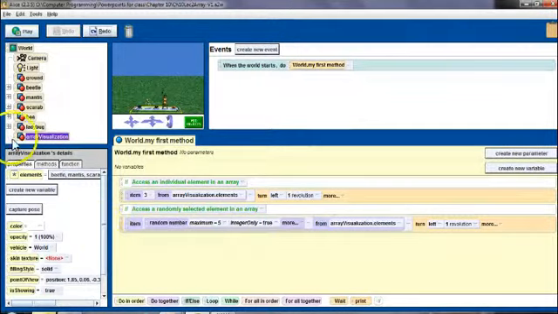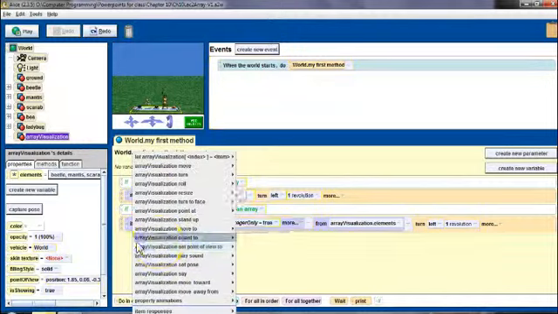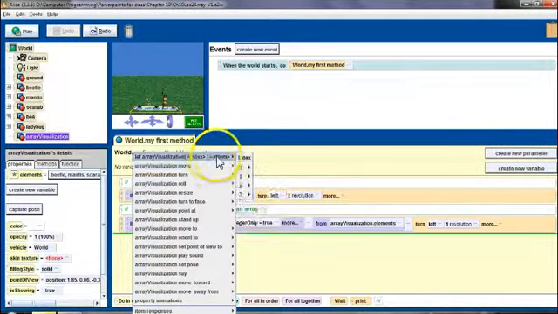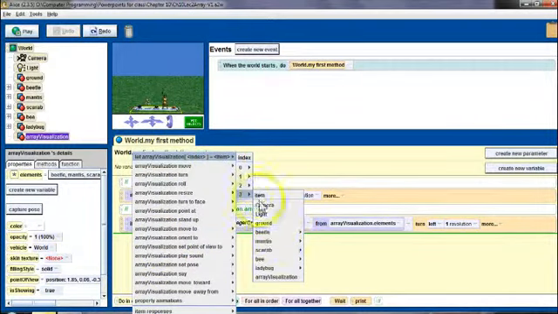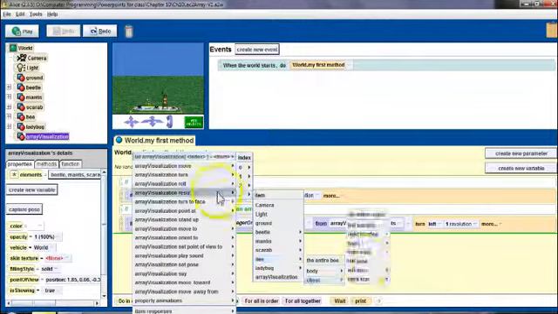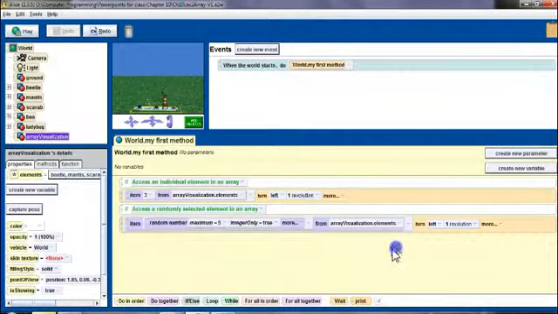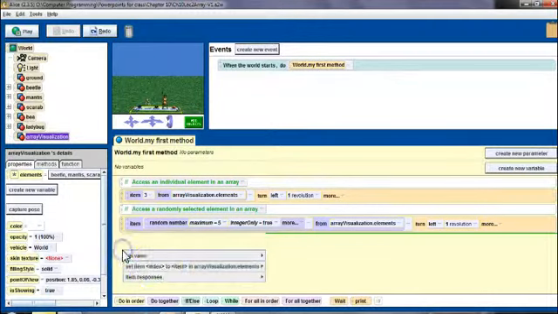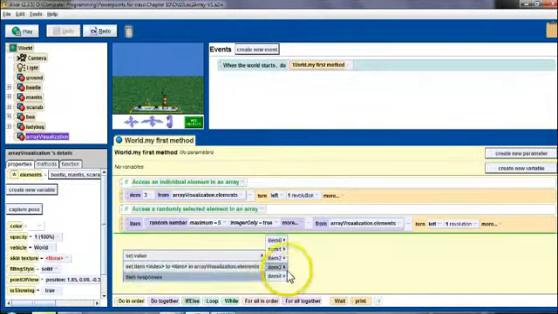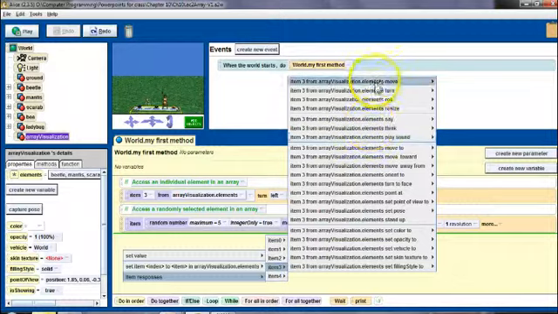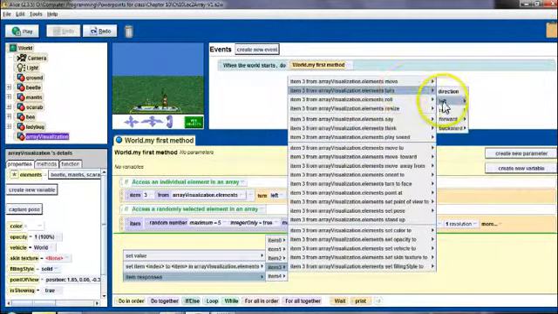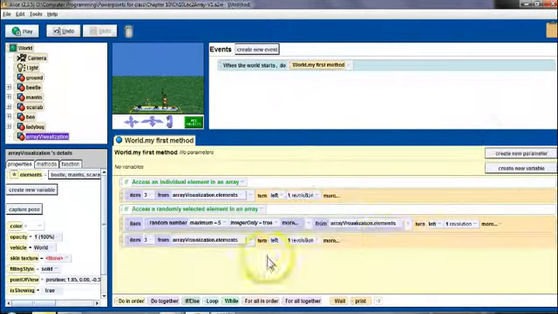One way is you can just click on the array visualization and drag that in. And you can use the index like that. Oh, sorry, I didn't mean to do it that way. Item number 3, rats. Okay, sorry, my brain froze. I'm back. You can drag in the elements and do this, and you can pick which item you want. So I want item 3, and then let's have the item 3 turn left 1 revolution, and you can see